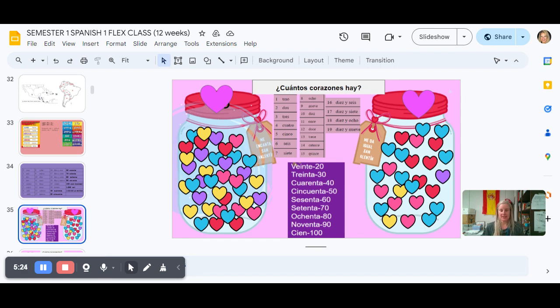Now, if you want to practice your speaking, you can reply back out loud, or now is an opportunity to practice writing your numbers out as well, so you can practice the spelling of them if you would like to go ahead and do it that way. So I'm going to go ahead and ask you the question, ¿Cuántos corazones hay? And so there's two jarras here. Go ahead, take a moment to practice forming your numbers, and then I'll reveal the answers.